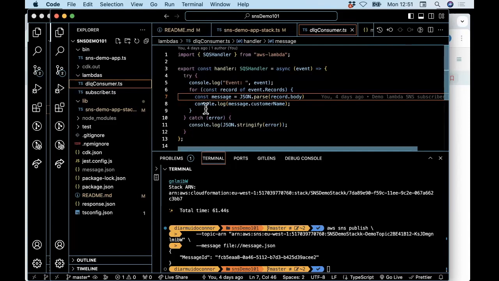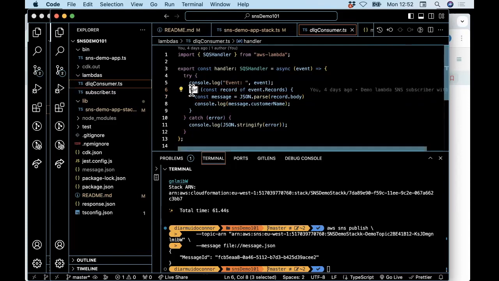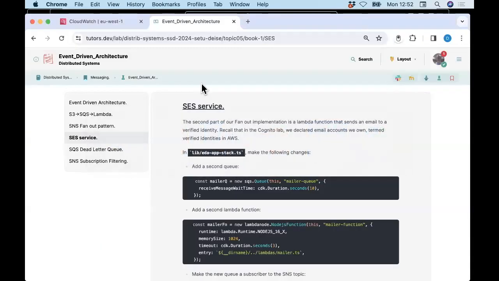Well, because this Lambda is being triggered from SQS, it is receiving a proper batch of messages, even though in my case there is only one message in that batch. But we shouldn't hard code it to expect only one message, which is why I've got a standard for loop going through all of the messages. So this console log here, for example, if we look at the log stream,